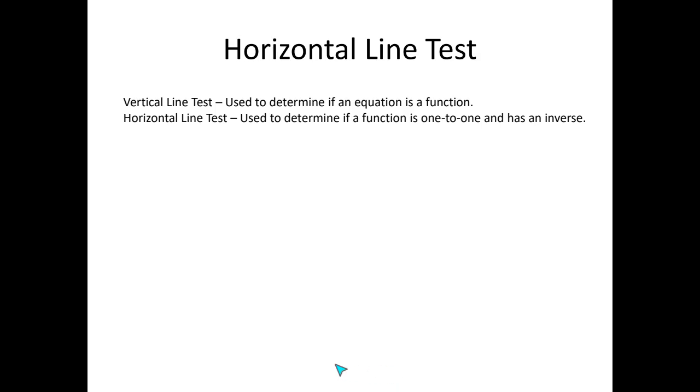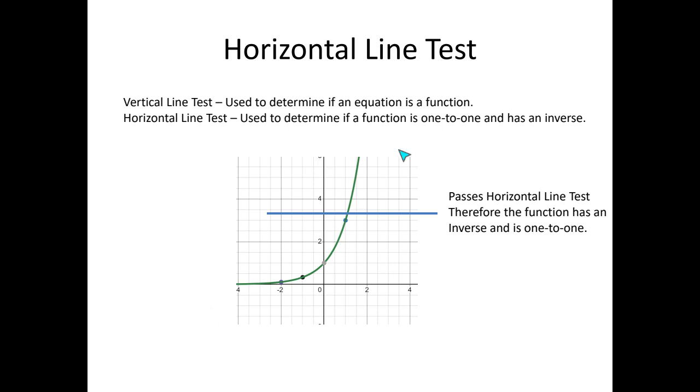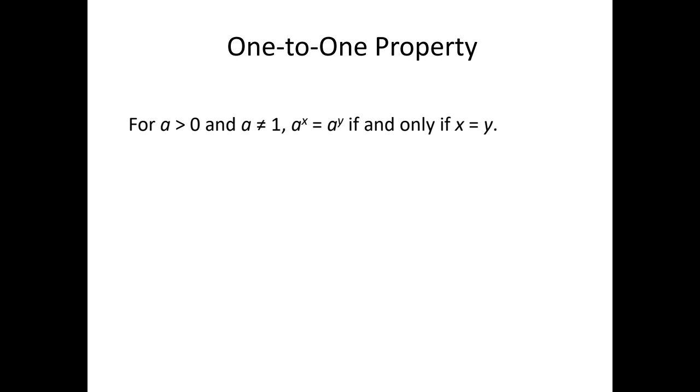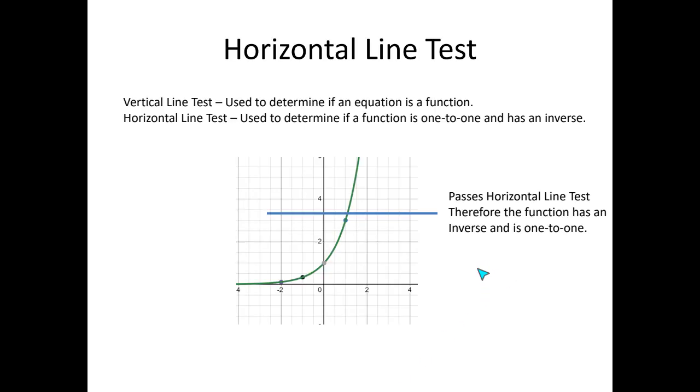And so now we're going to look at one-to-one functions, just a review from chapter 2. So we have a vertical line test, which is used to determine if you have a function. A horizontal line test is used to determine if something is one-to-one. So for these exponential functions, if we draw a horizontal line, it touches in one place. That means that these exponential functions will have an inverse. And these inverses are going to be the logarithmic functions, okay, which we'll talk about either later in this presentation